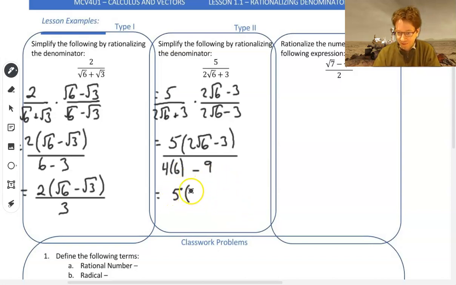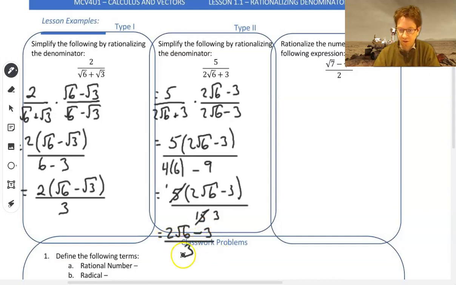So we can simplify that a little bit further. Okay. So that could be 1 and 3. There we go. We're left with 2 root 6 minus 3